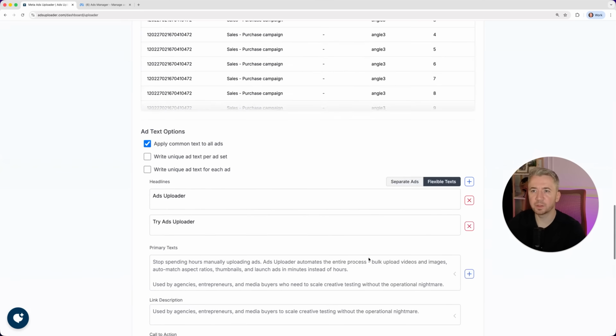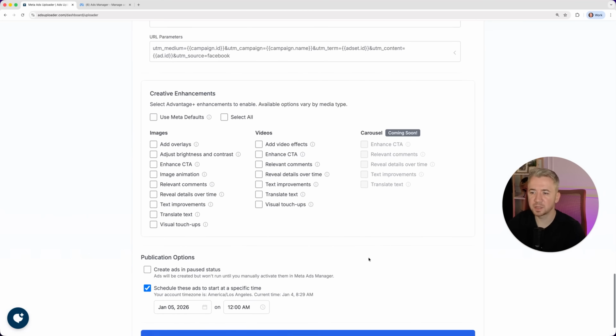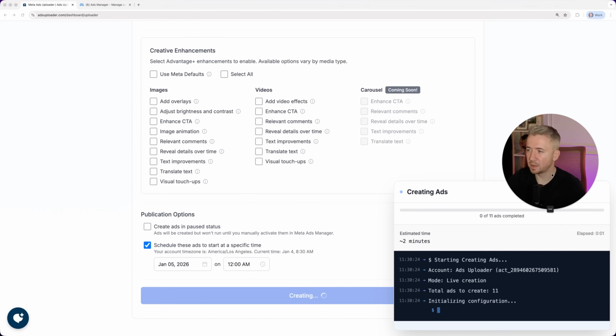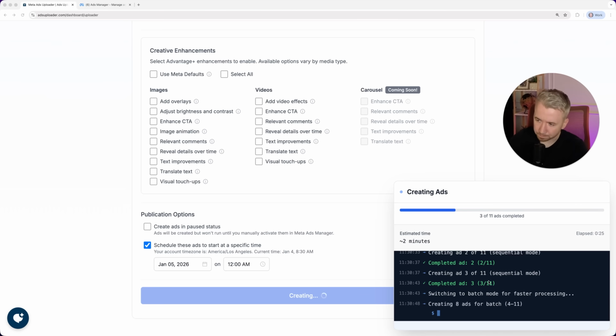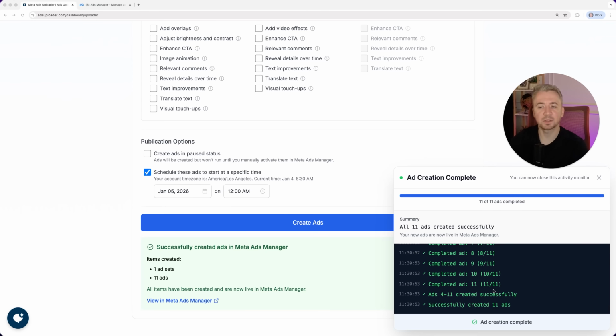So once you're happy with the configuration and you're ready to upload your ads, you can go down and click the create ads button. And much like the media being uploaded into the account, you're going to see a live view of that creation happening down in the bottom right corner activity monitor. Now you'll see the estimated time is up to 2 minutes. Realistically, it can be a lot faster. You can see we're already on ad 3 now, and we're about to jump into our batch processing mode, which allows us to upload ads even faster into your ad account. So hopefully within a couple of seconds, boom, that's all uploaded, and you can see this successfully created message here,